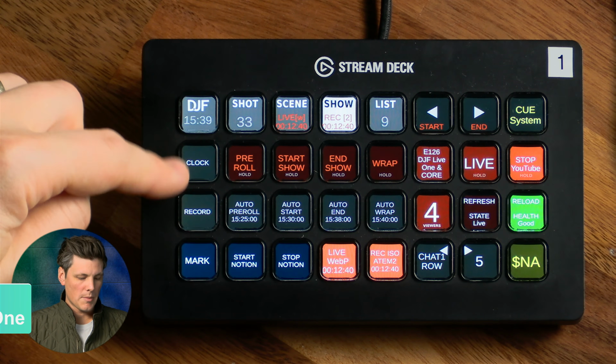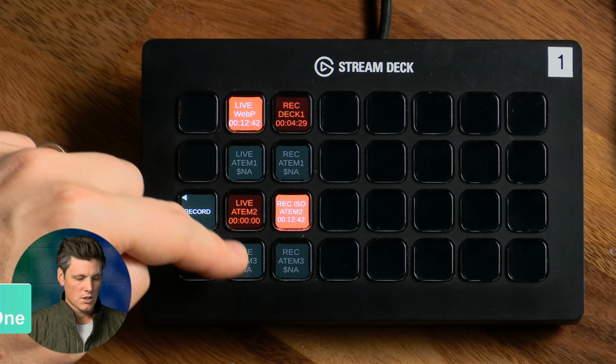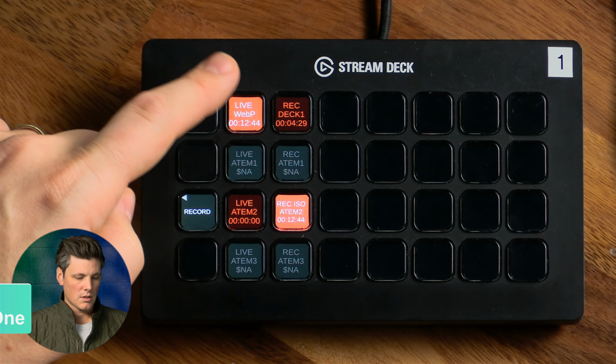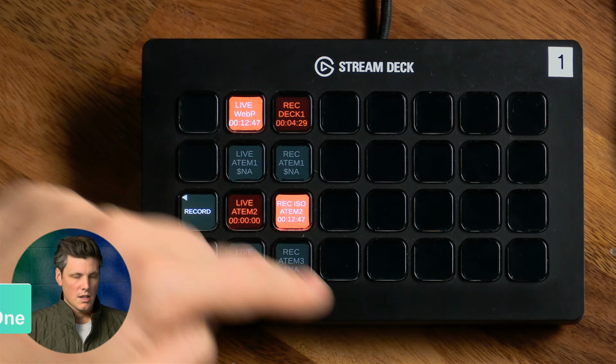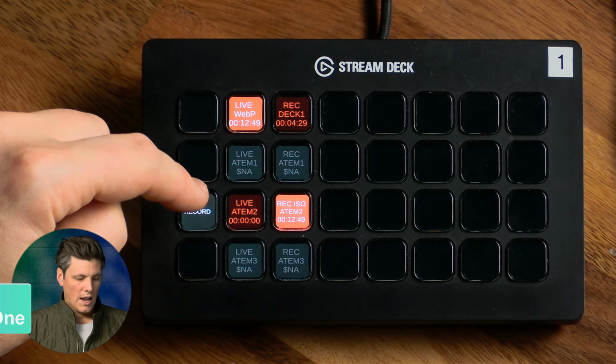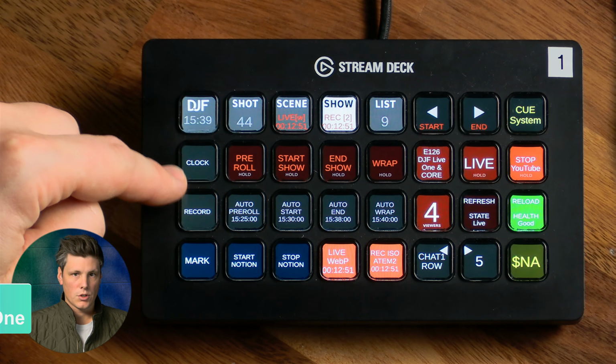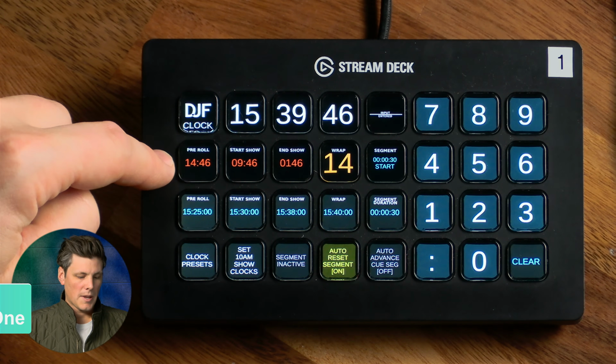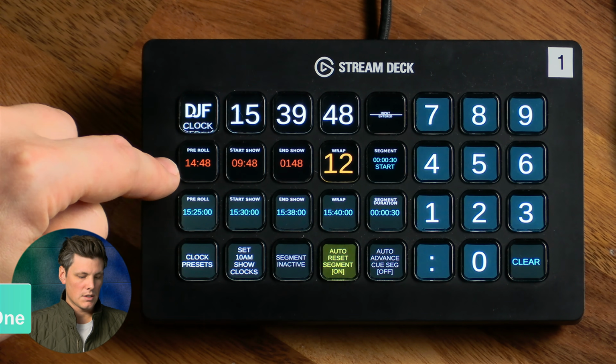Then there's 2 submenu pages here. There's a record page for 3 ATEMs, a web presenter, and a Hyperdeck, and a bit more blank space if you want to add in other things that you might want to record to. And then the clock page here is